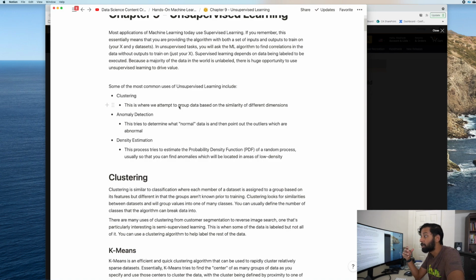Anomaly detection is trying to determine what's normal and where the abnormal values are. For example, say you're trying to detect credit card fraud. Most transactions fall under some degree of normal, as in there's a cluster of them, especially at the customer level. And then anything that falls out of that is an anomaly. For example, I have a Chase card. Chase is a major bank in the United States.